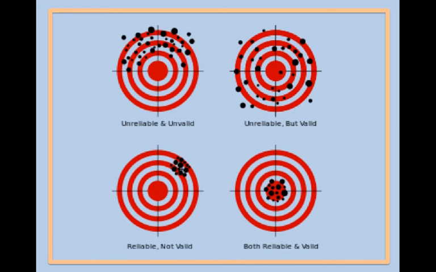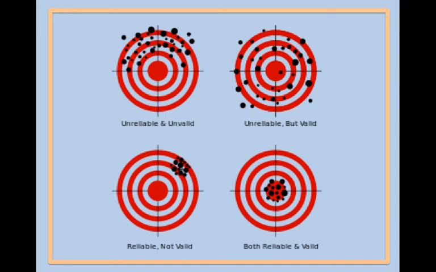We should ask ourselves the question, can an instrument be reliable without being valid? This slide contains 4 images. The top left image shows a bunch of dots on a target. They are random and all clustered at the top of the target. None of them are in the bullseye. This represents a measure that is